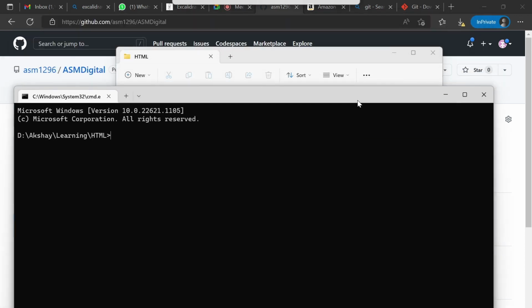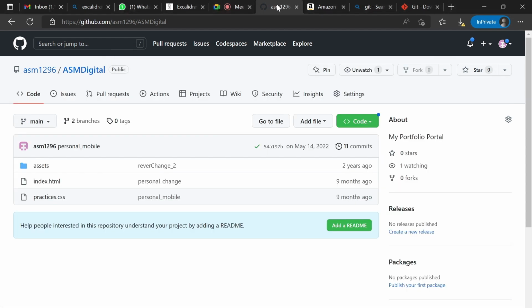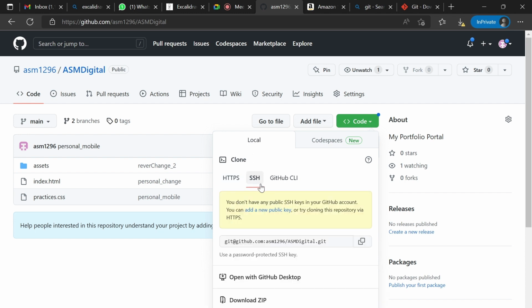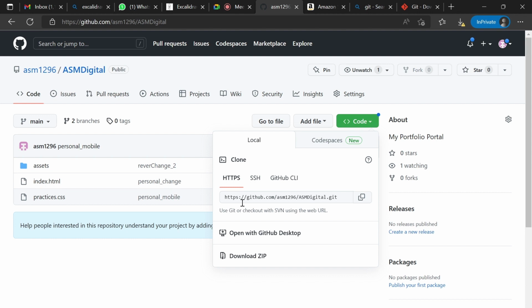Now in the code button you will see the clone option, meaning download option. I mostly go with HTTPS cloning. There is another option, which is SSH. For that there are things we need to do, like using SSH keys, so I will not go into that. We will go with the easier cloning process, which is HTTPS cloning. So I will copy this link.